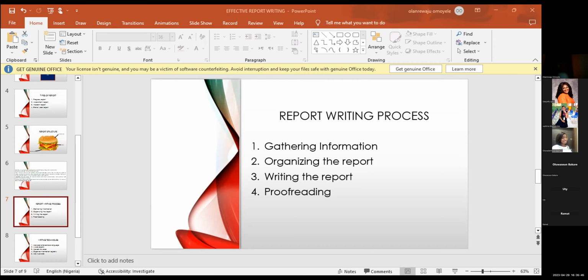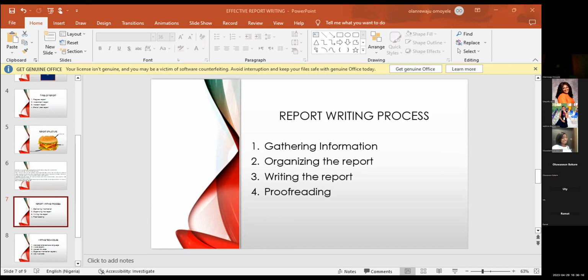And the conclusion: how should we conclude this message? That's you organizing the report. Then writing the report. Now you've gathered your information and planned the structure you're going to follow. How do you write it? You write your report in a clear and concise manner.